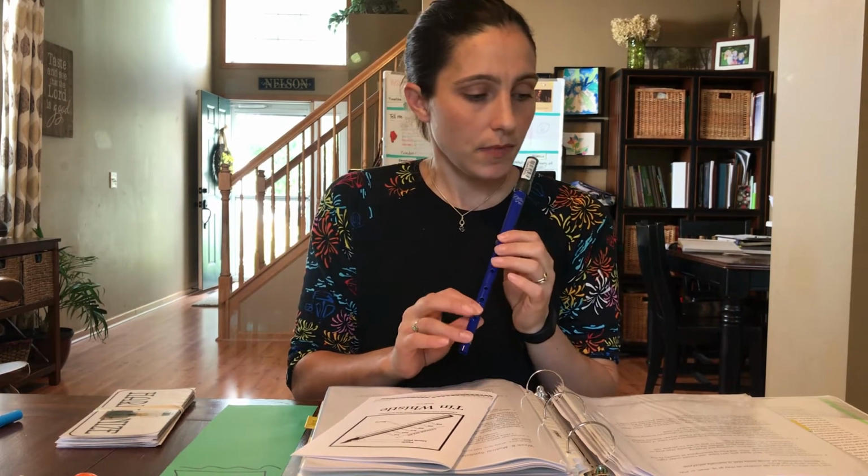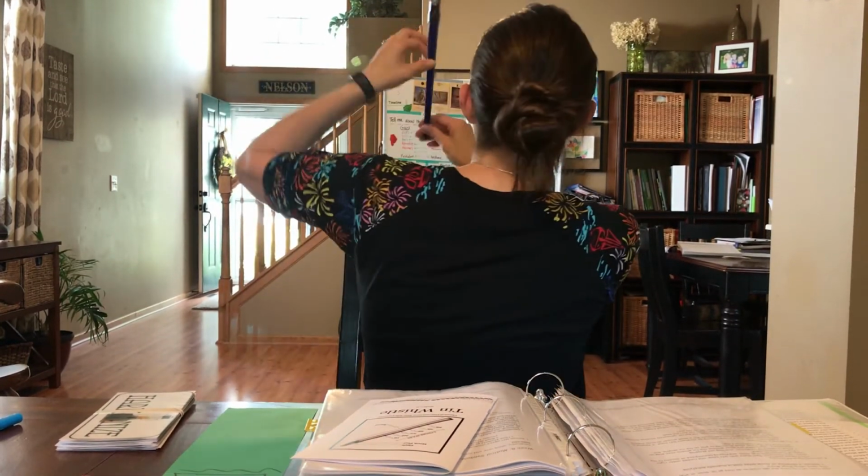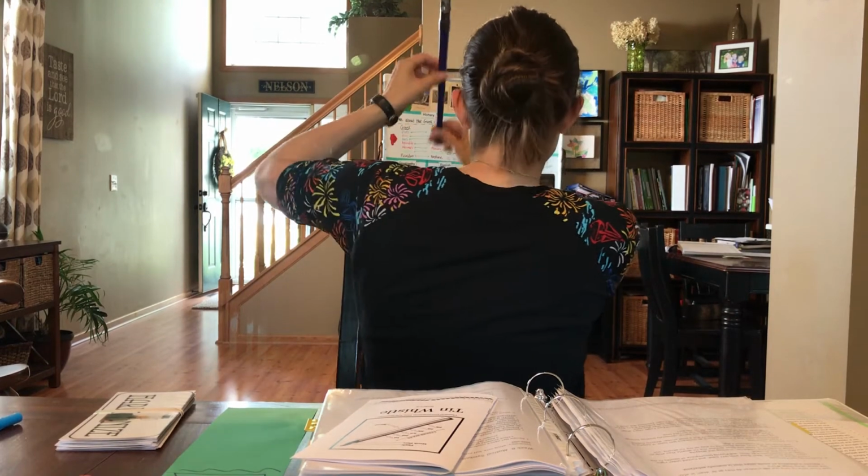playing position. And you want to tell them about the left hand being on top. We'll get to more of that as we go along, but most of the little kids aren't going to remember their left hand, so we have a little sticker in your kit, and you can just put it on their left hand so they remember which one it is. Also remember, if you're sitting across from them, they will be looking at the opposite hand. So you're going to have to show them that, yes, this is Mrs. Nelson's left hand, because I'm turning the same way as you now. Just go over that, because I had kids who were arguing with me last year about, no, it's not the same as yours, Mrs. Nelson. So make sure we go over that the left hand is on top